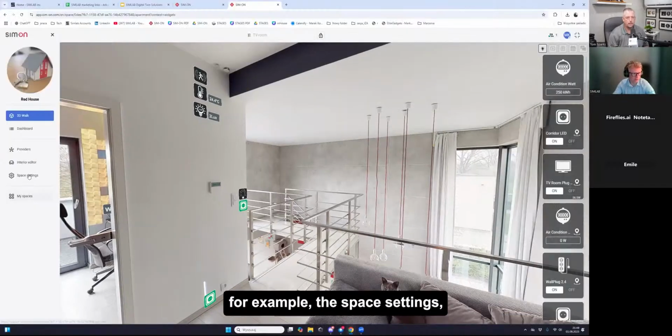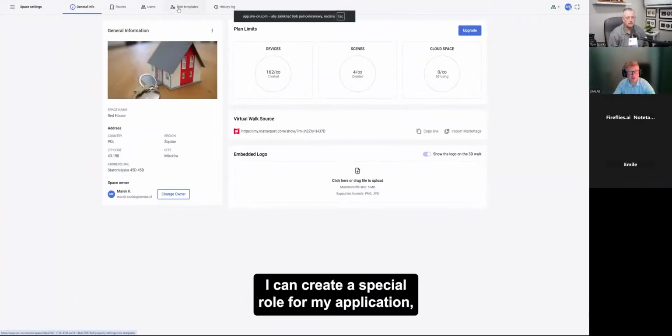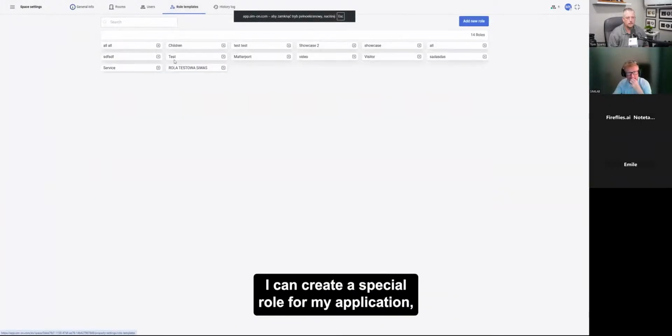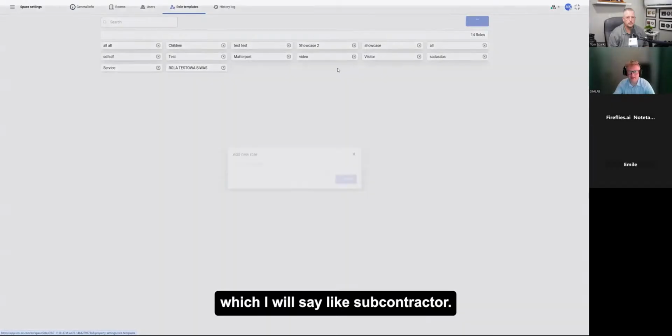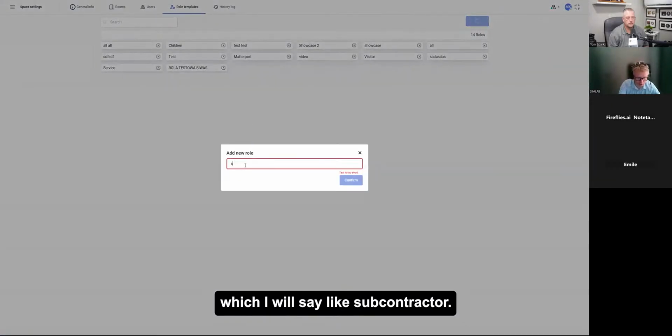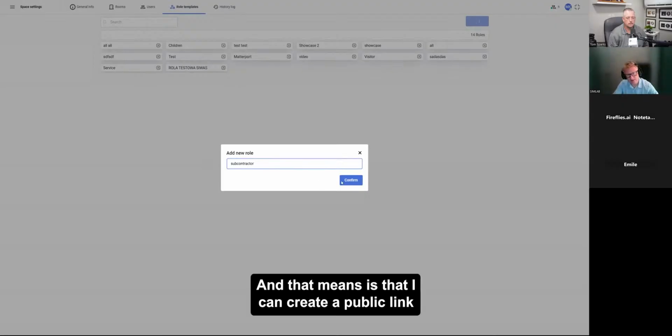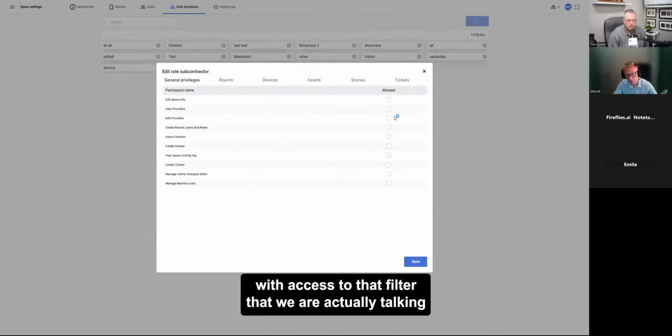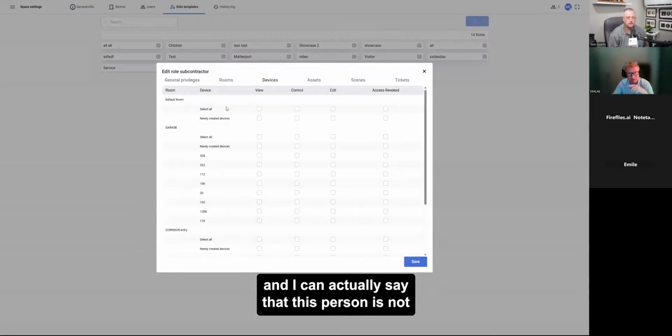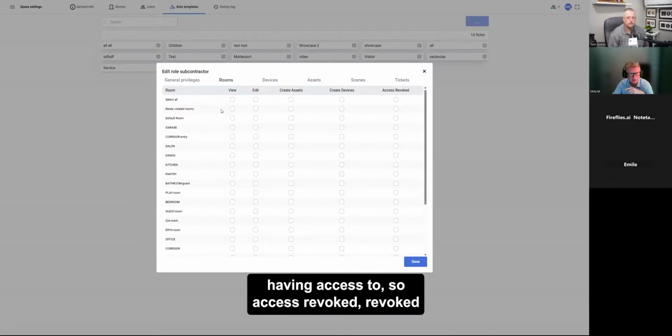If you go, for example, to the space settings, I can create a special role for my application, which I would call a subcontractor. That means I can create a public link with access to that filter that we are talking about. And I can say that this person has no access to those rooms, so access revoked.